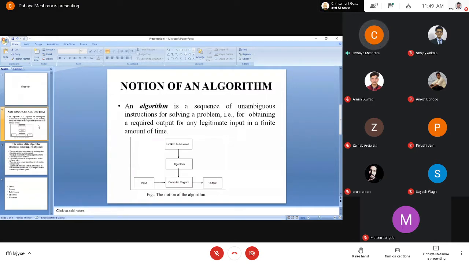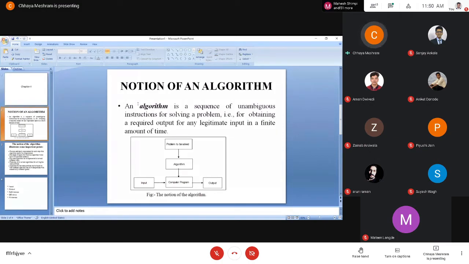If you want to give input in C, we write scanf; if it is C++, we write cin and cout. In Java, we write another thing; if you want to give input, we have to handle the exception, and to print something, we write System.out.println. Only the syntax is different, but now we have a solution, a set of steps for solving the particular problem. Now we can implement it in any programming language.